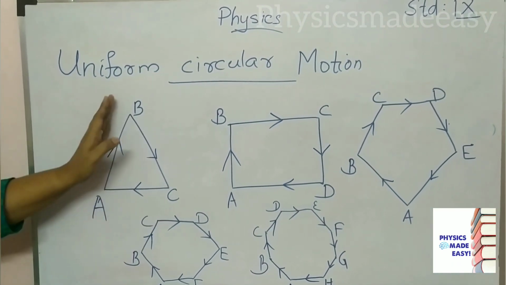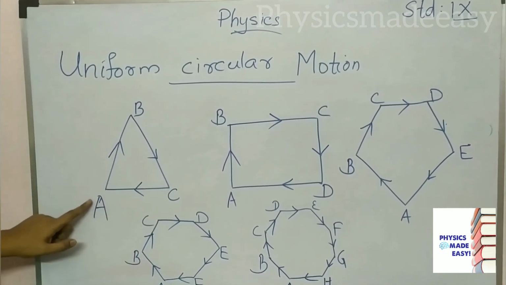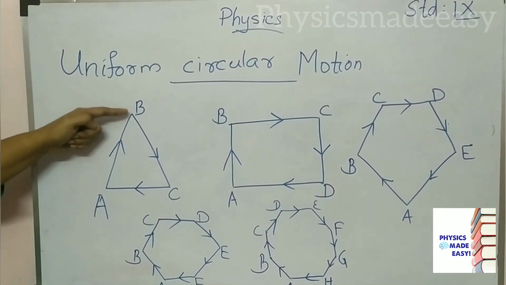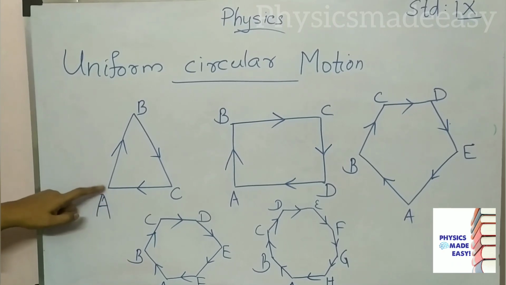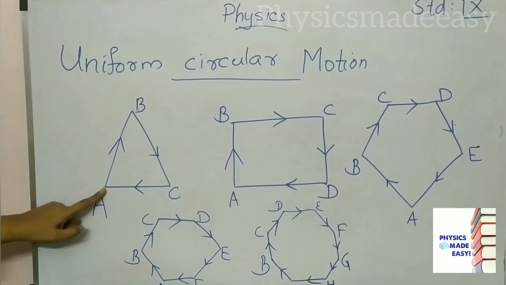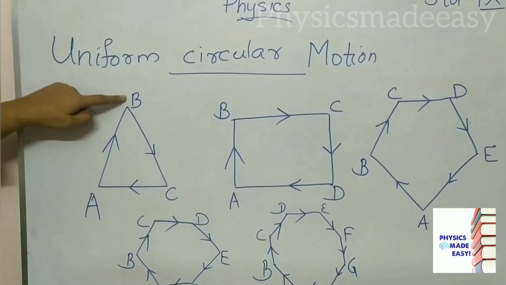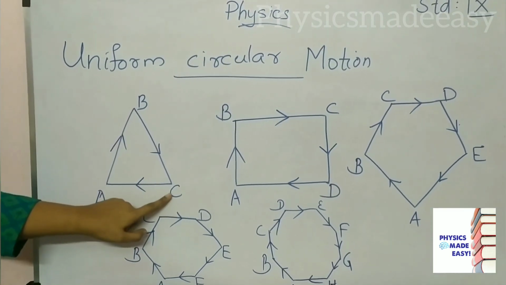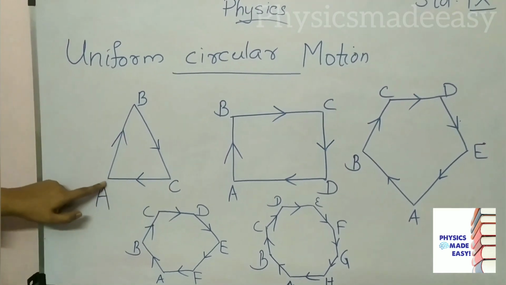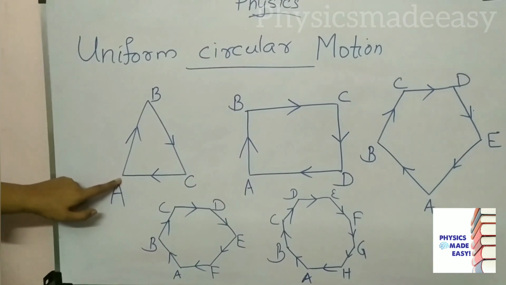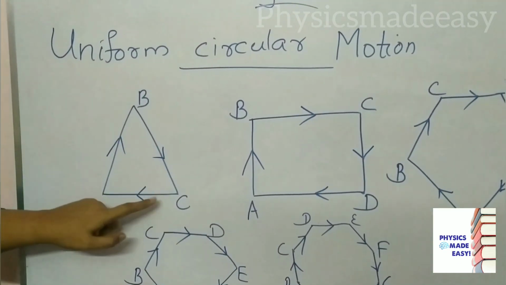If you are walking through this triangle, you can think starting point A, going to B to C, then coming back to A. Here you can see you are starting from A. At B you will change your direction. At C you will change your direction. Then again you are coming to this point A. So here you are changing directions.